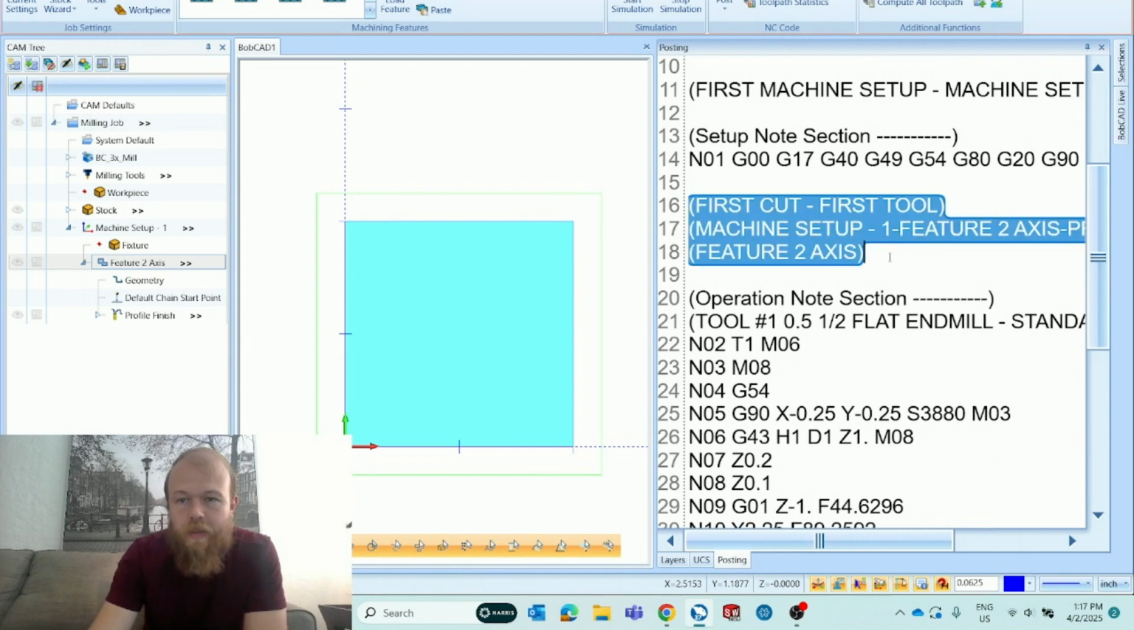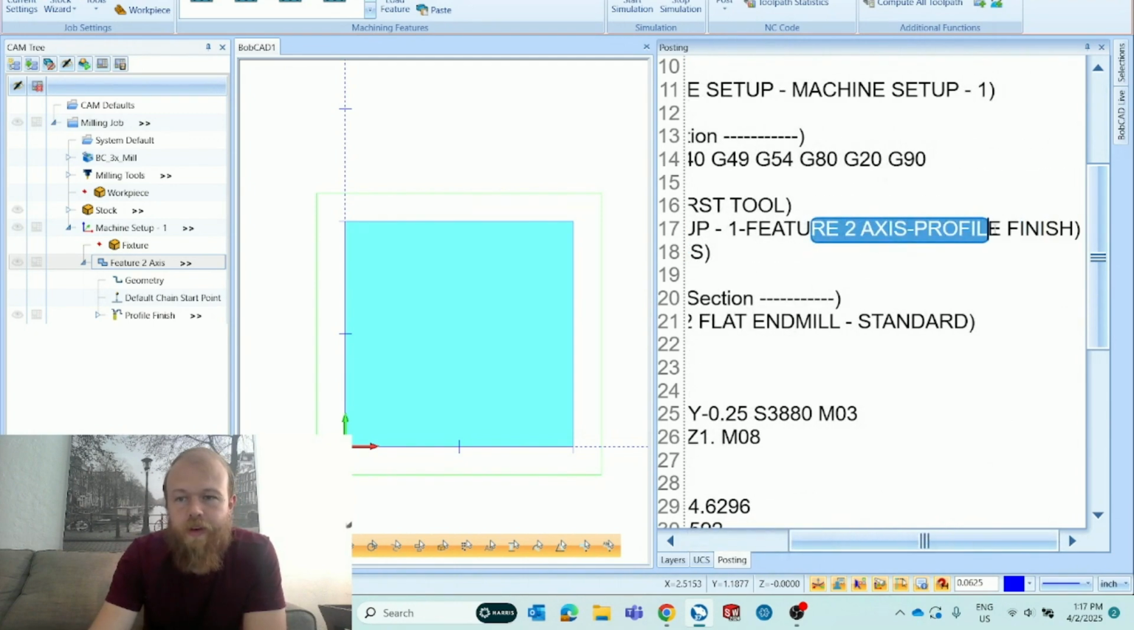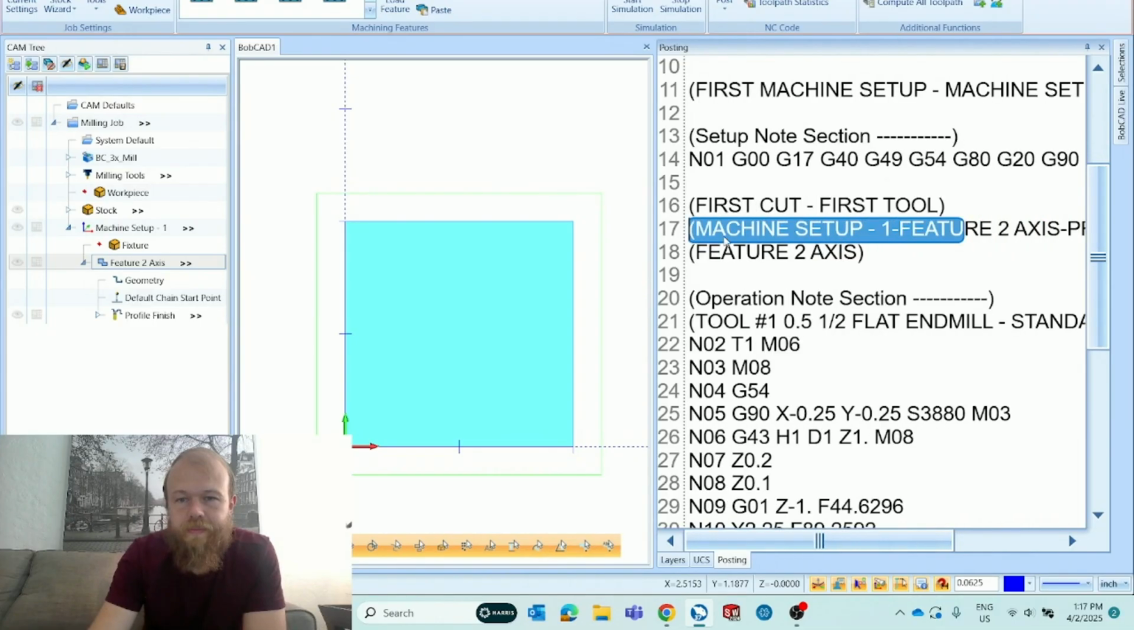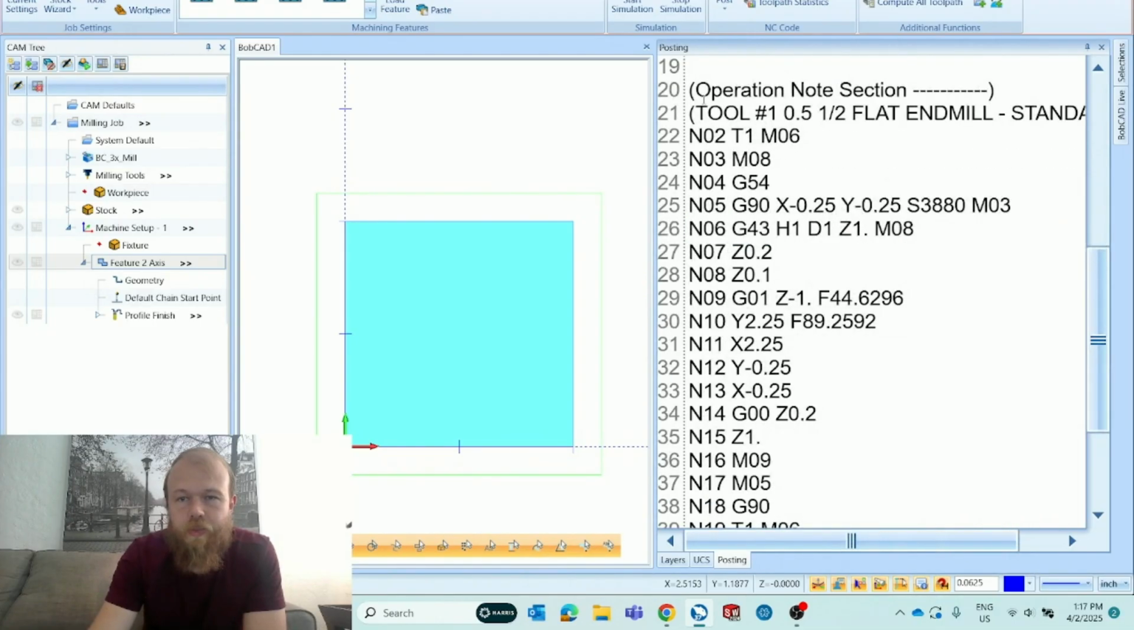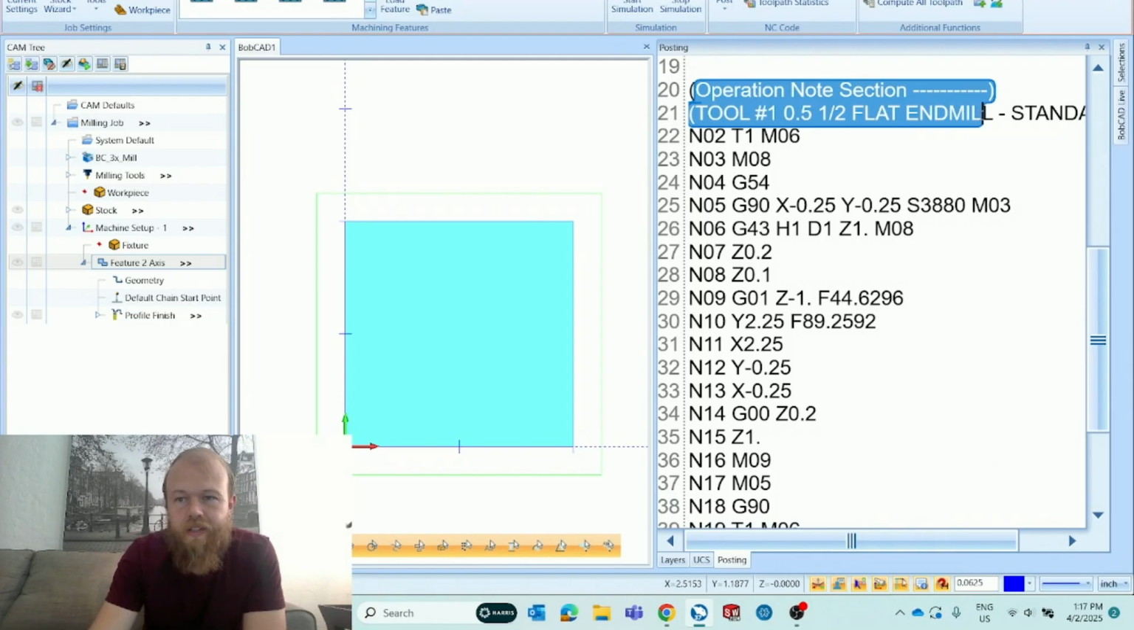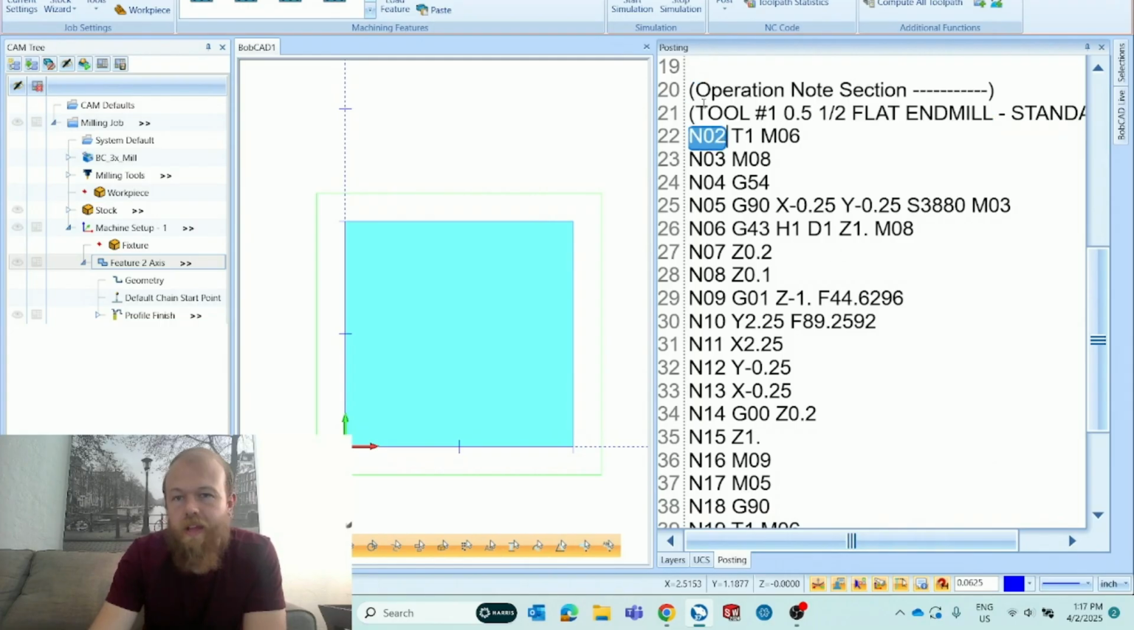Then we have some other comments. First cut, first tool. Tells us that we're doing a profile finish operation. Then it tells us tool number 1, tells us the tool size. And then it tells us, now that there's no more comments, now it's line number 1. I'm sorry, line number 2 now, after the safety line. And then tool 1, M06. So it's calling out tool number 1 for the tool changer, M06, M08 to turn on the spindle, and